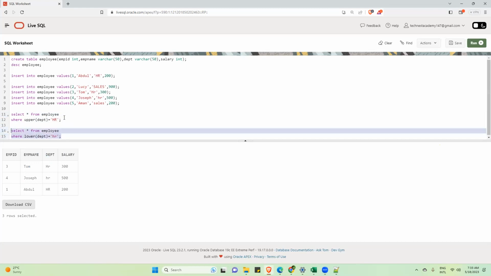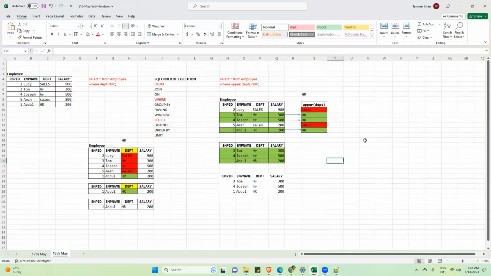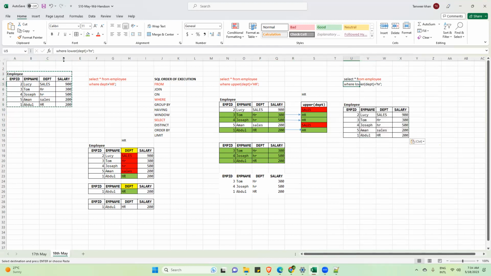Now I will run this query. Now see, instead of upper, I have written lower here. Same thing. First of all, from employee. So the engine will take a copy of the employee table. This is your employee table. Then where lower department.